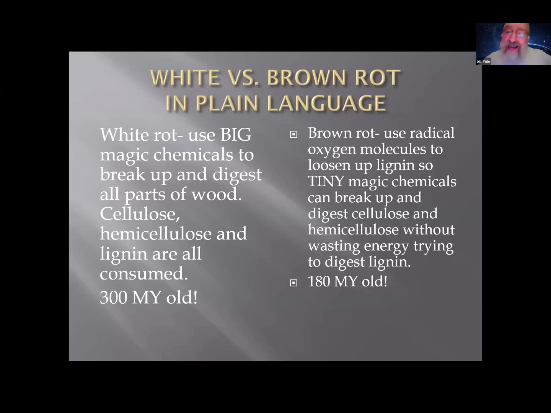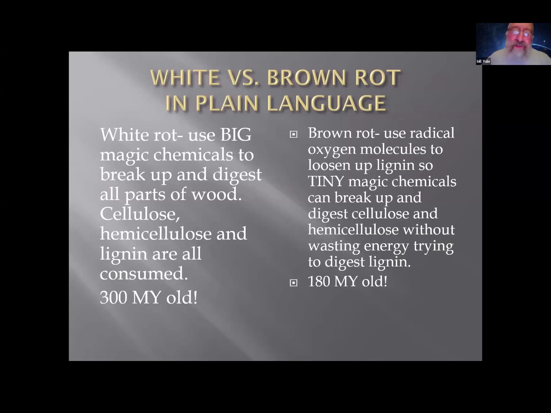Brown rot does not use those same exoenzymes as white rot. It uses that Fenton chemistry I was talking about. And what it does is it uses oxygen radicals to loosen up the lignin so little tiny low molecular weight enzymes can get into the wood and digest the cellulose and the hemicellulose, and they don't waste energy trying to